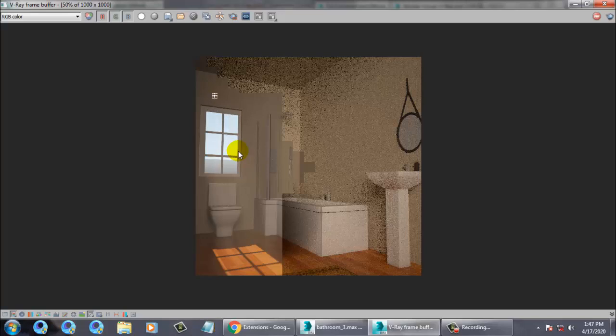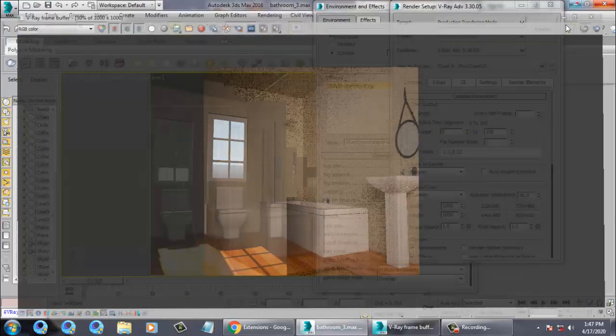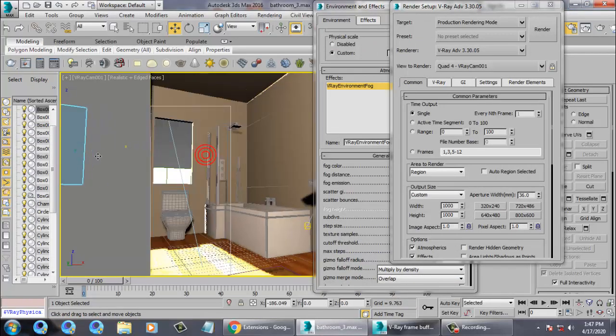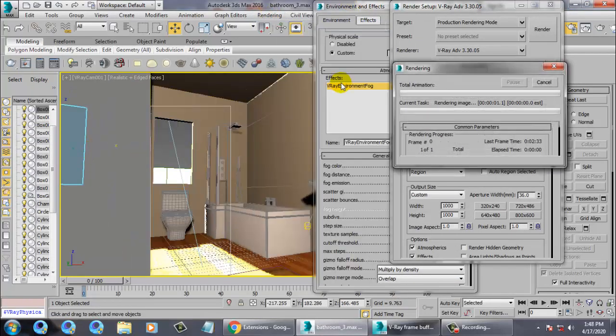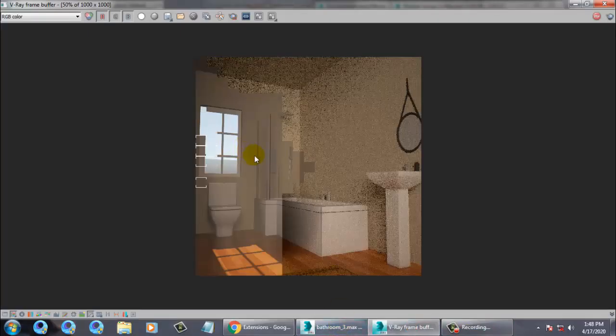In case you remove the glass over here and check this out, definitely you will see a difference over here. So as you can see the difference before and after.